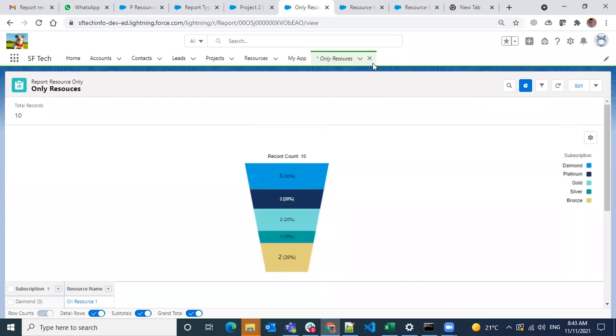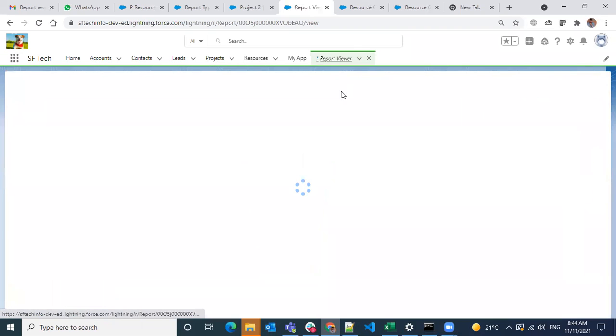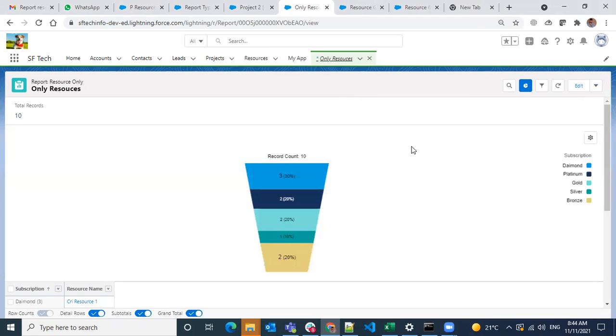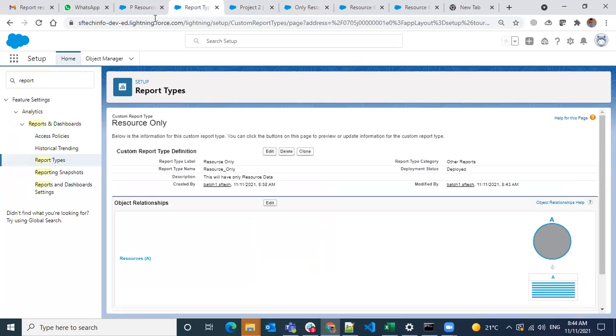Now, when I'm saying the other one, previously when we were creating reports, first of all, I need to add the reports also in a section.